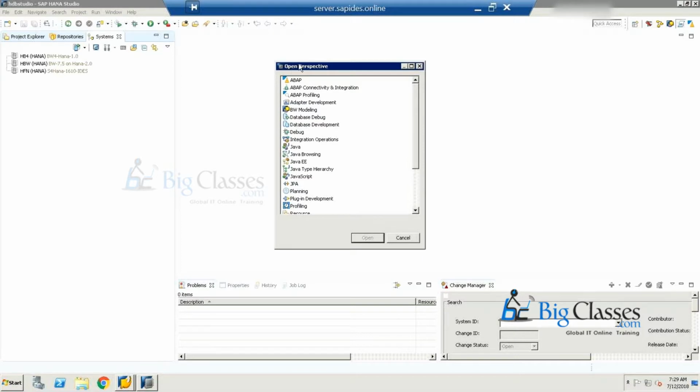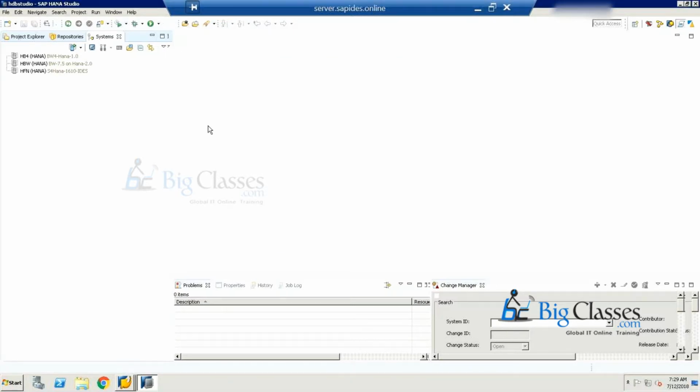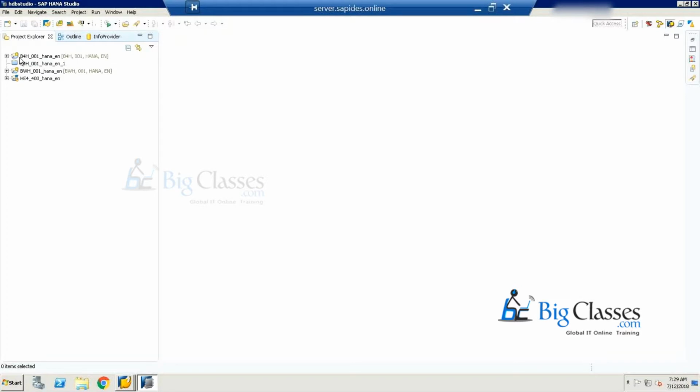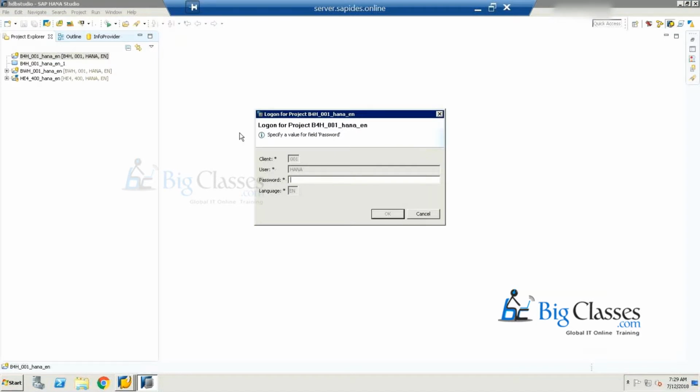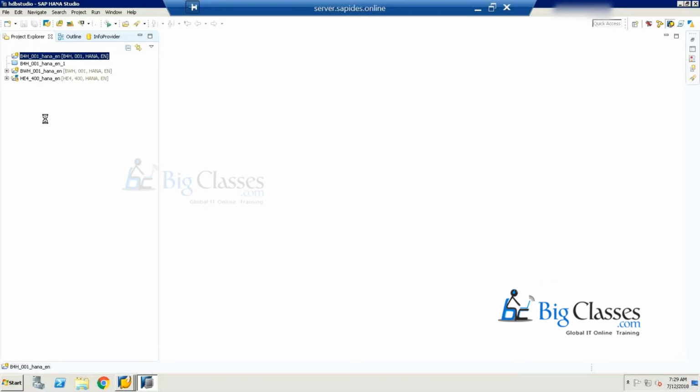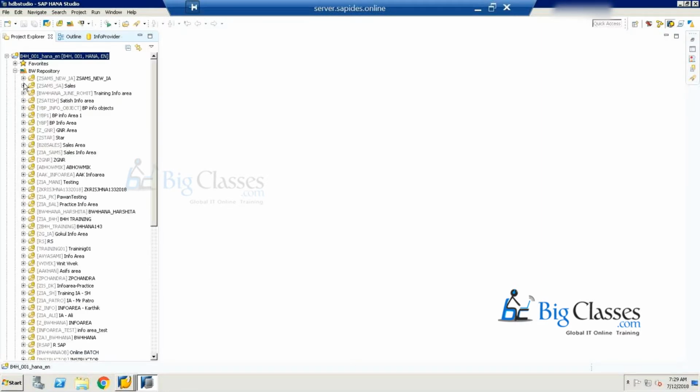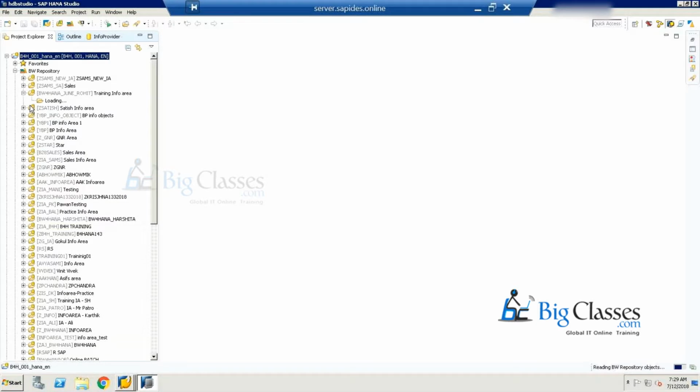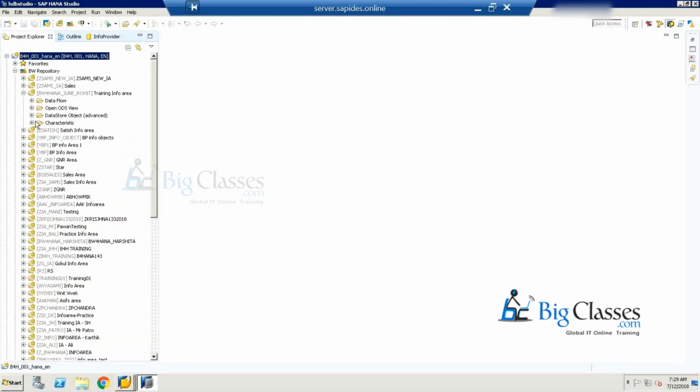If I want to open a project, I just want to show you how these objects look. Under the BW project, you see basically two things, except favorites. There's something called BW repository. Under the BW repository, these are now the info areas, as they were back in BW days. Under info areas, you will now see all your objects like the ADSOs here, or open ODS views, and characteristics also here. If you open them from here, for example, I'll open this ADSO, you'll see